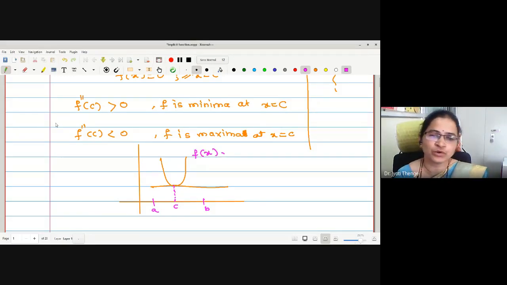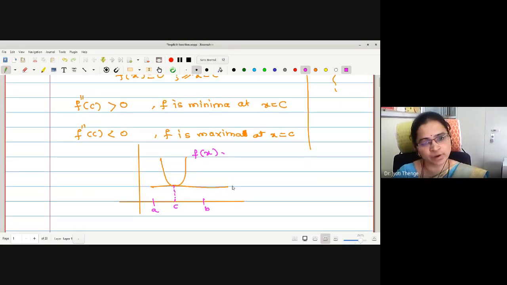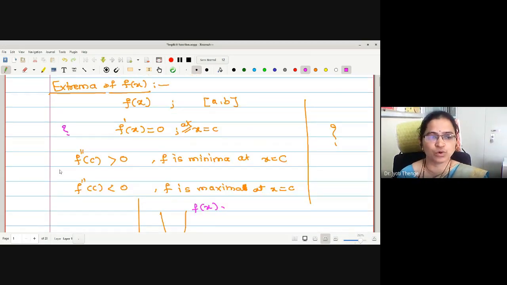Okay. Therefore, what you do? This is a homework I am giving you. We will come to this extrema problem later because this is my second point of the syllabus, right? Therefore, up to this implicit function, you have to give me the correct answers. You are going approximately correct, but I want a detailed answer. Why f double dash of c greater than 0 gives us the concavity or convexity, whatever it is. Why you have to answer to every question. Here, why we are finding f dash of x is equal to 0, why f double dash of c at the point greater than 0 gives us the concavity or convexity.